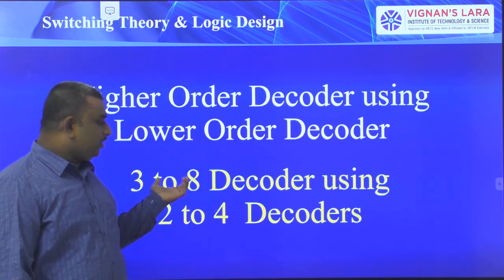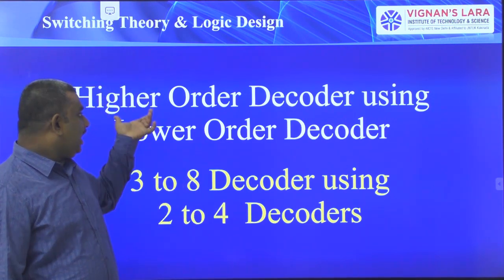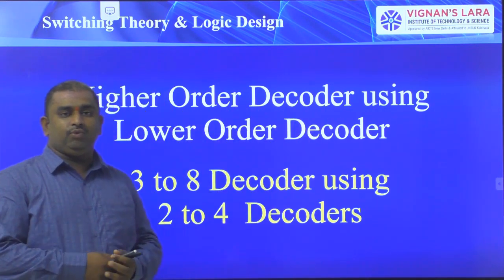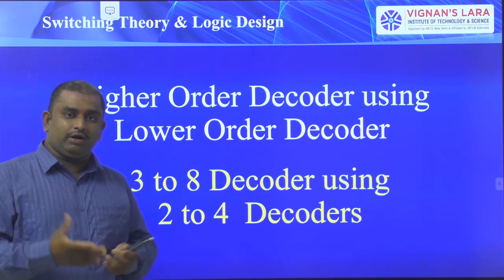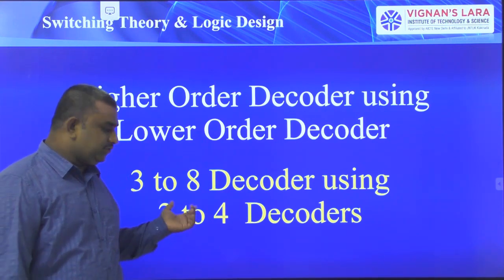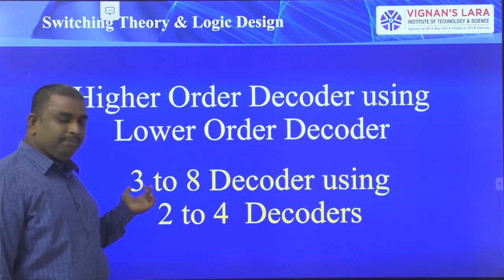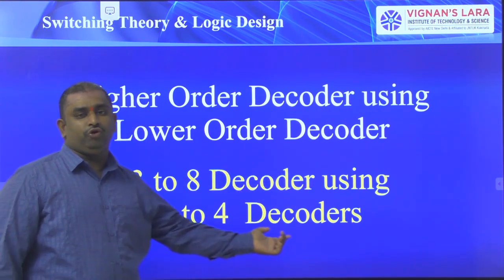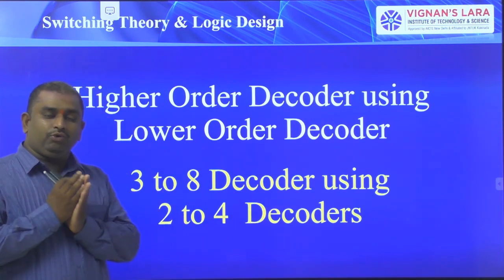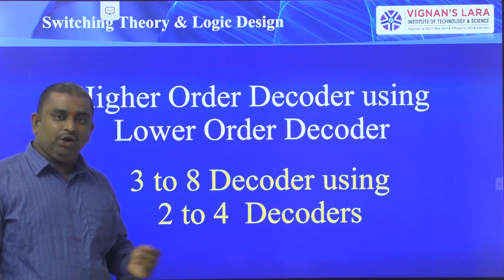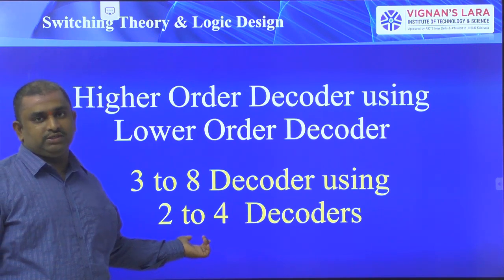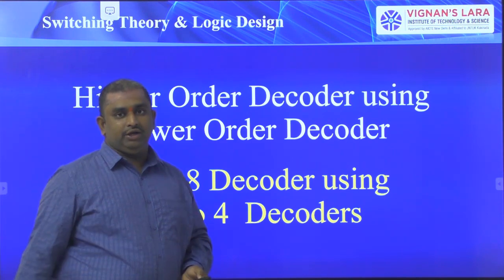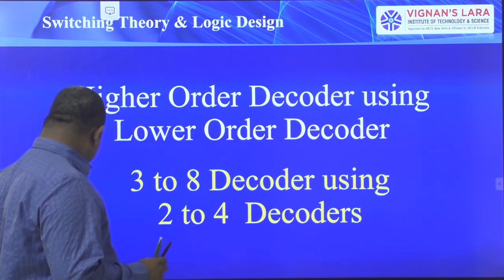In this class we are going to see the concept of higher order decoder using lower order decoders. So here we are implementing higher order decoder by using lower order decoders. For example, here we are implementing a 3 to 8 decoder using 2 to 4 decoders. With the help of 2 to 4 decoders, we have to implement 3 to 8 decoder. Right. Let us take a small